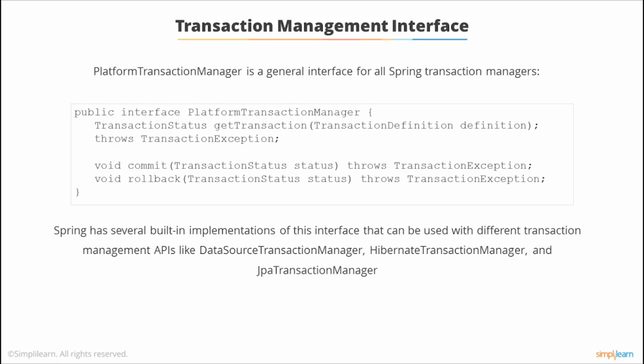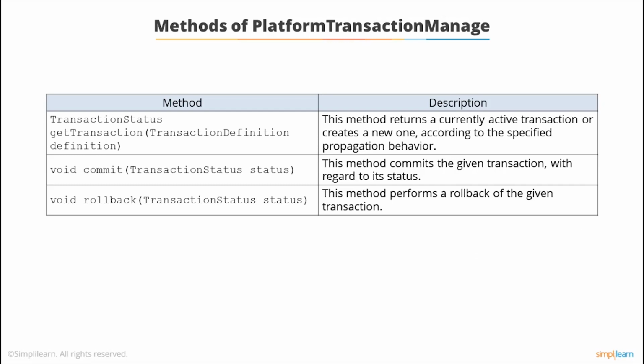Spring has several built-in implementations of the interface that can be used with different transaction management APIs like Data Source Transaction Manager, Hibernate Transaction Manager, and JPA Transaction Manager. Methods of Platform Transaction Manager. We first have the getTransaction method. This method returns a currently active transaction or creates a new one according to the specified propagation behavior. We have commit that commits the transaction and rollback that rolls back the transaction, which we saw as part of the